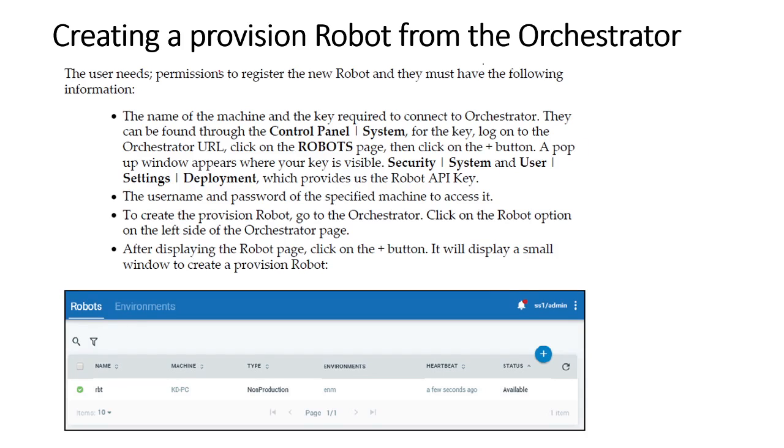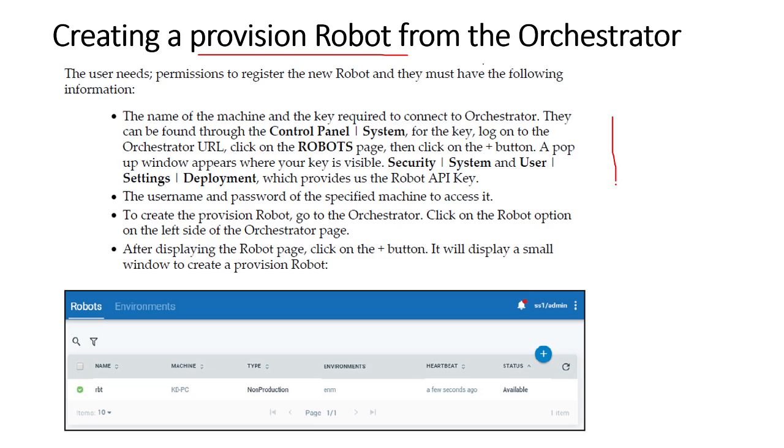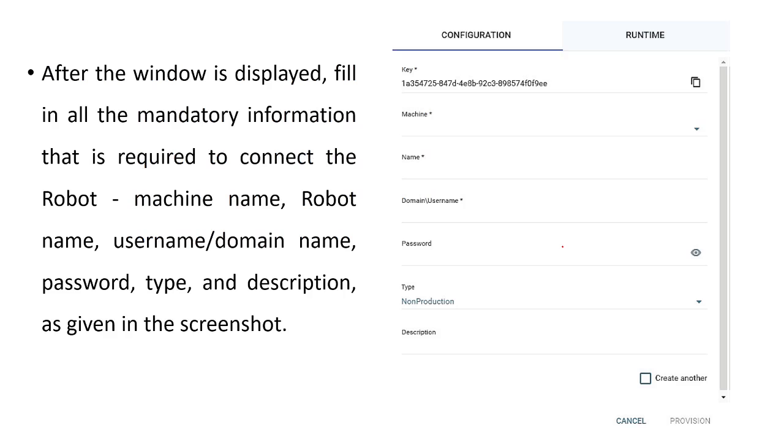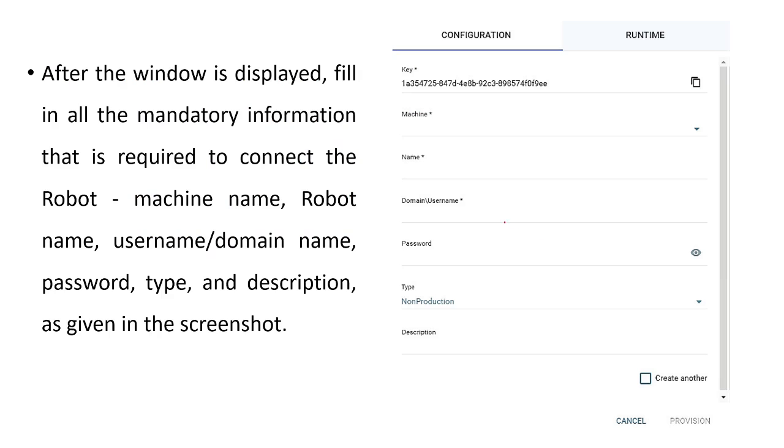Then for creating a provision robot, these are all configurations for deploying or placing the robots into the Orchestrator server. You just need to follow these steps, and these steps are straightforward. I don't need to repeat these steps, just follow them, it is very easy, right? Okay, and then once you configure this, you will get a window like this, the configuration